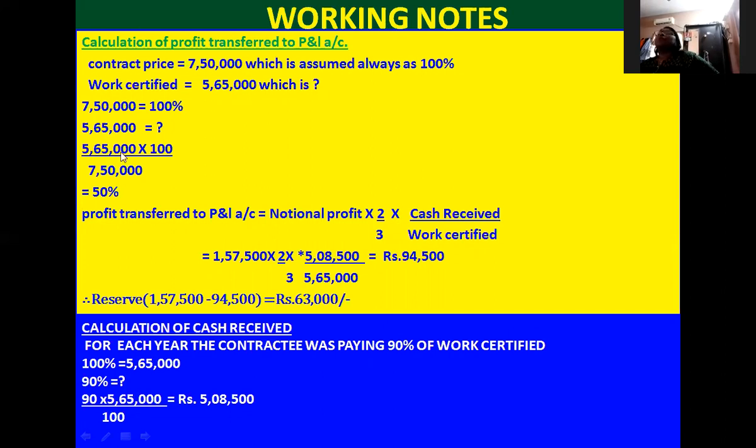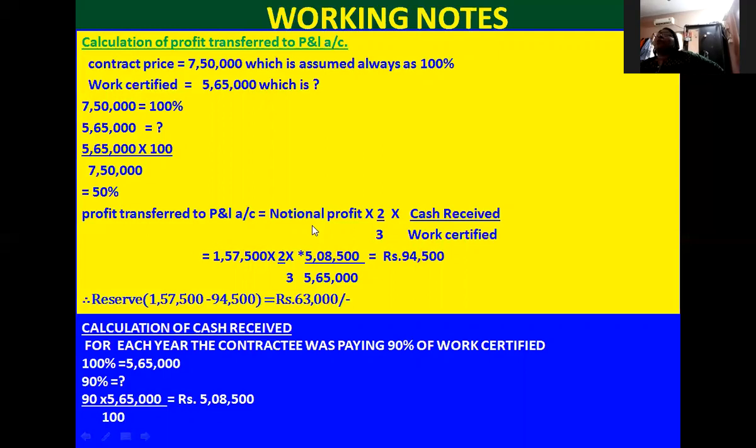5,65,000. So what is that percentage we need to calculate? That is coming as 50%. How I calculate means 7,50,000, which is the contract price, is always assumed as 100%. So 5,65,000 work certified is equal to question mark. So have a cross multiplication, you will get what is the percentage? 50%. So out of the 3 golden rules, we need to apply the third golden rule because the percentage is